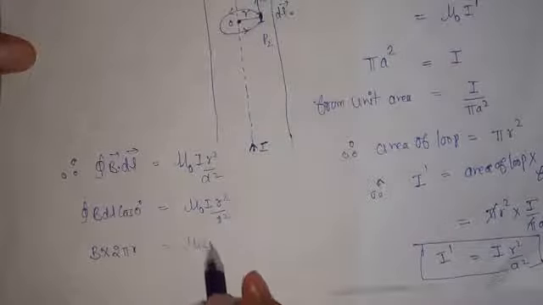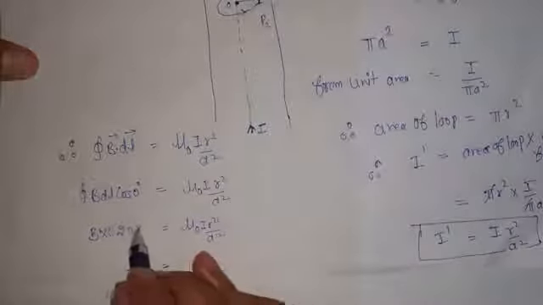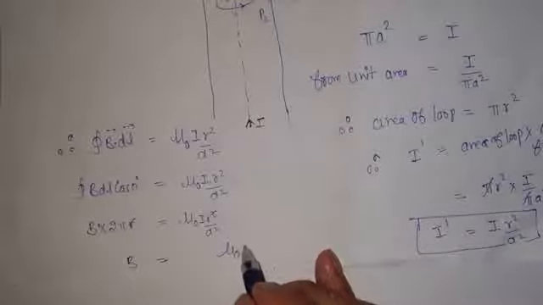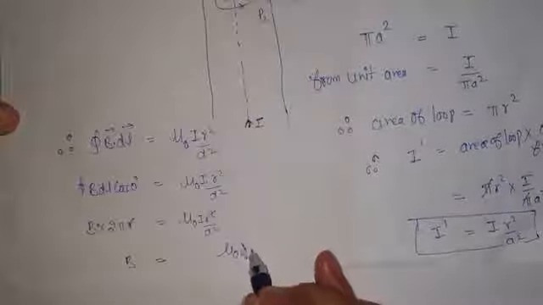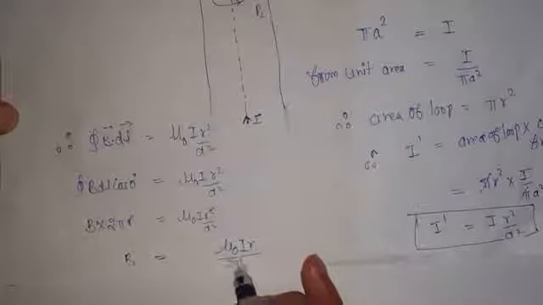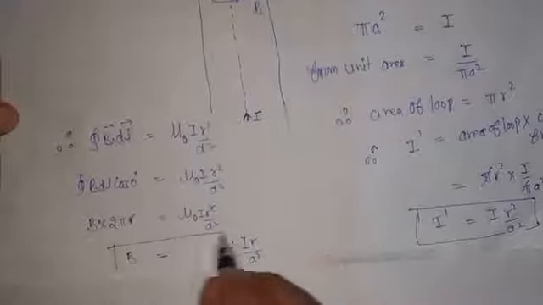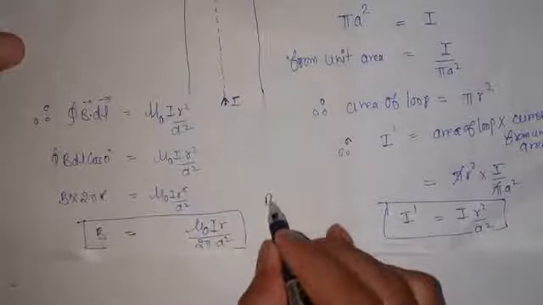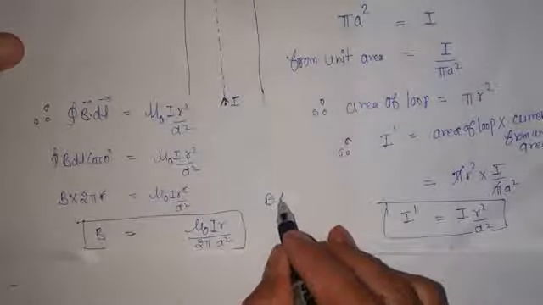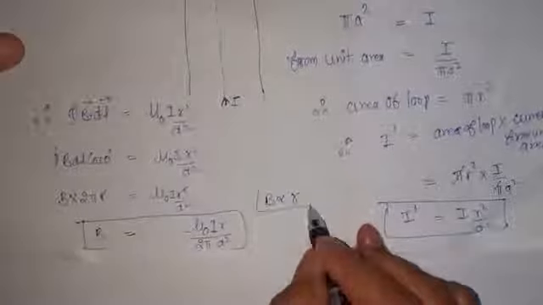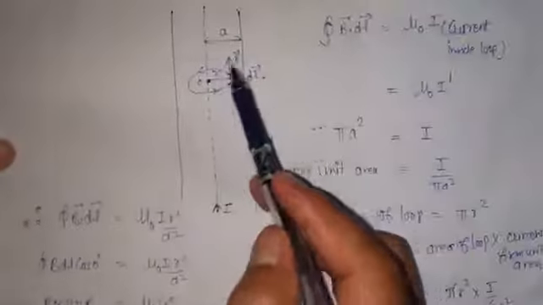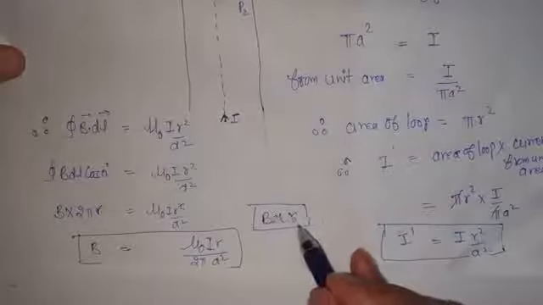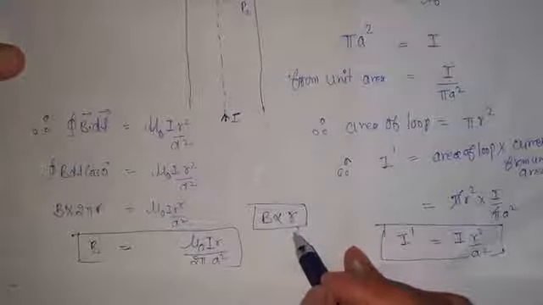So thus B is equal to, r and r will cancel in the power, and we have mu naught I r upon 2 pi a square. Okay, this is that magnetic field. So one thing that you will see here: the magnetic field inside the wire is going to be directly proportional to the distance. The distance of P2 from the axis was r. So therefore the magnetic field is directly proportional to that distance.